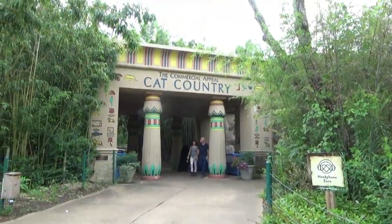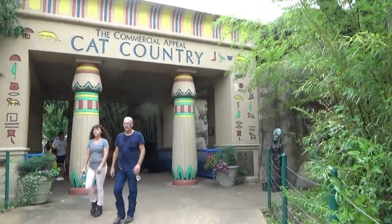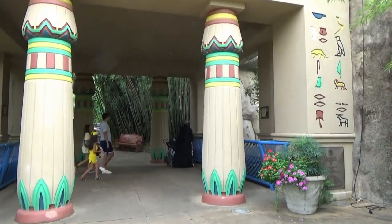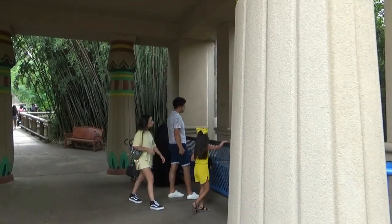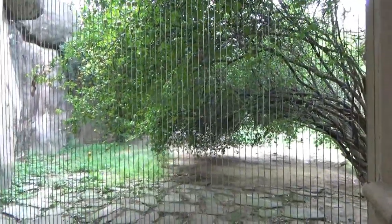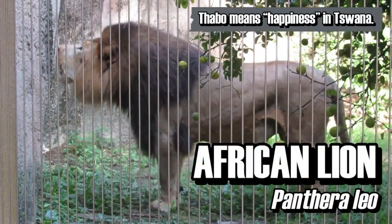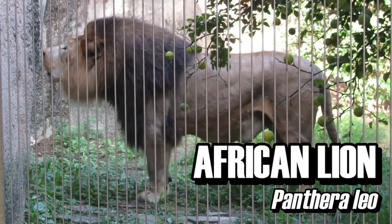Located off to the left of the zoo's main entrance plaza, Cat Country continues the Egyptian theming, paying homage to the ancient Egyptians who believed that cats were magical creatures that brought good luck. Under the archway, off to the right, you're brought right away to one of the complex's star species, the African lion, where their male Thabut was waiting to give me a warm welcome to Memphis. What is it doing? We'll catch up with the zoo's pride later on, so for now, moving across the path